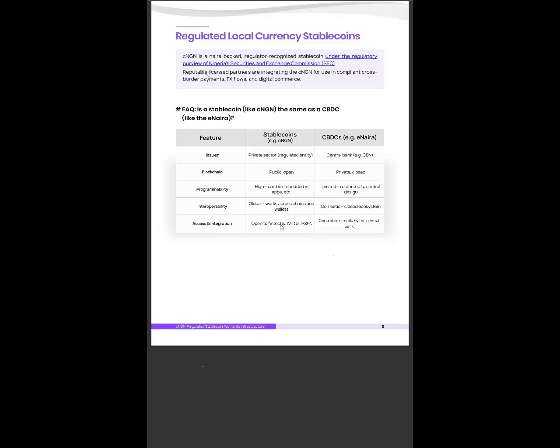improved speed, settlement finality. I can get into some details of this, but when you transfer money from your bank, from your OPay, for example, to Access Bank, in reality, most of the time, money is not actually moving. It's NIBSS, the interbank settlement system, that is just telling Access Bank, settle this customer, we'll give you the money tomorrow, or give you the money after close of business, because the other bank has the money to fulfill the transaction.